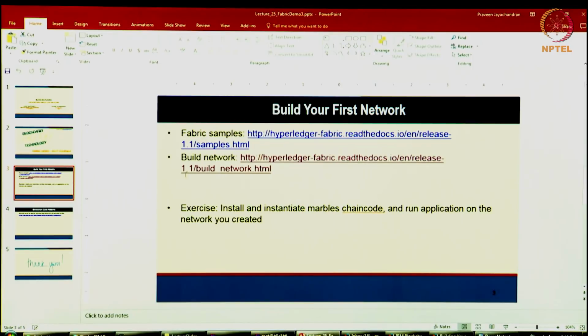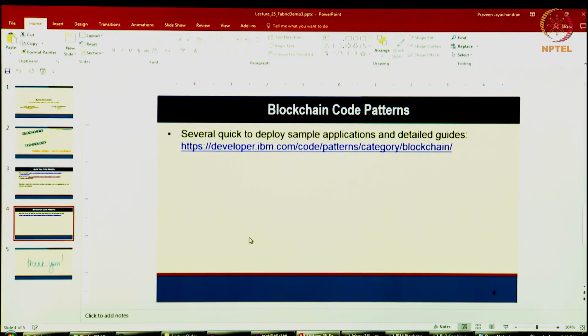So as an exercise, as I mentioned, please do try and install the Marbles application and try and execute some transactions on that Marbles application. Okay, so with that, let's get back here. Apart from this, IBM has also put out many code patterns, example applications.